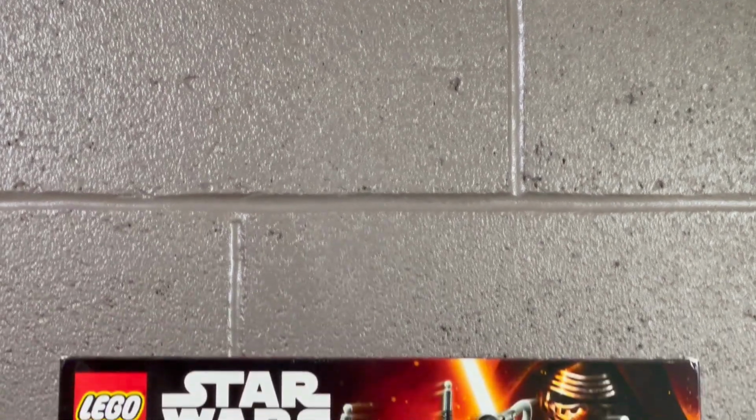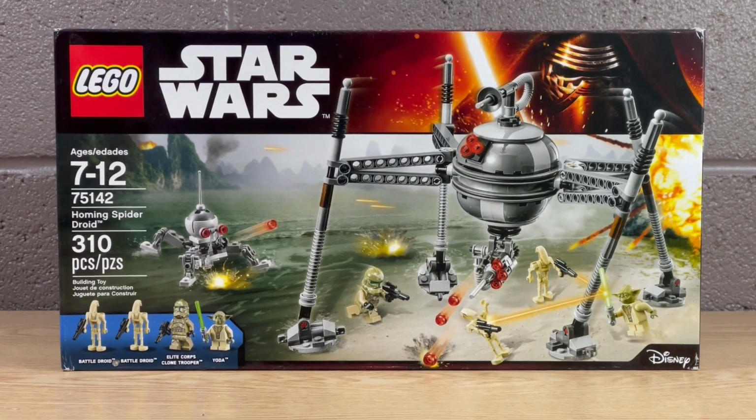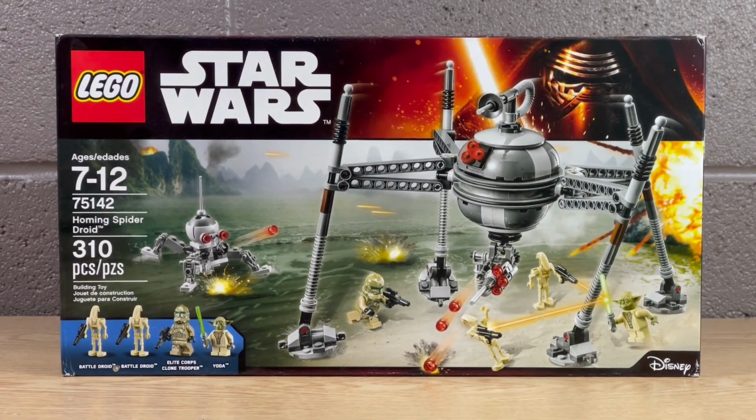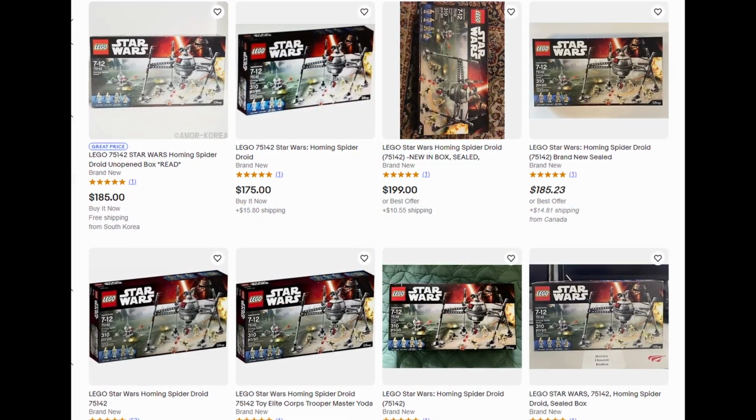Today we're going to be taking a look at 75142 Homing Spider Droid. This set was released on January 1st of 2016 and retired on July 31st of 2017. It has 310 pieces and had an original retail price of $30 US. However, if you want this set new sealed in the box today in 2023, it is actually going for around